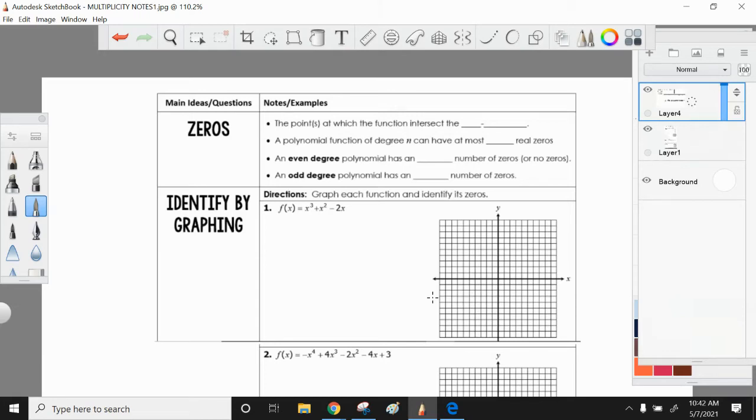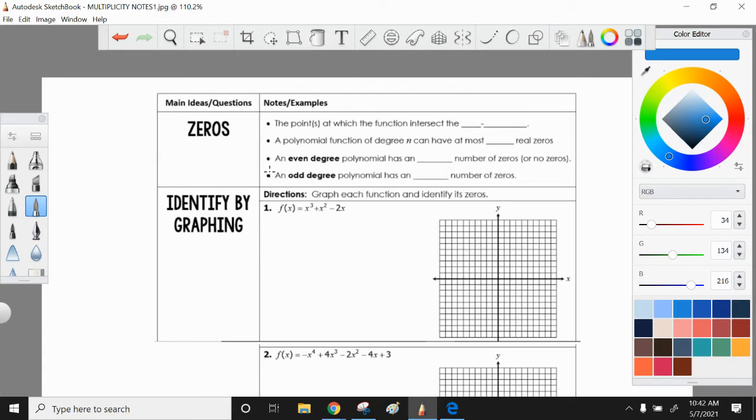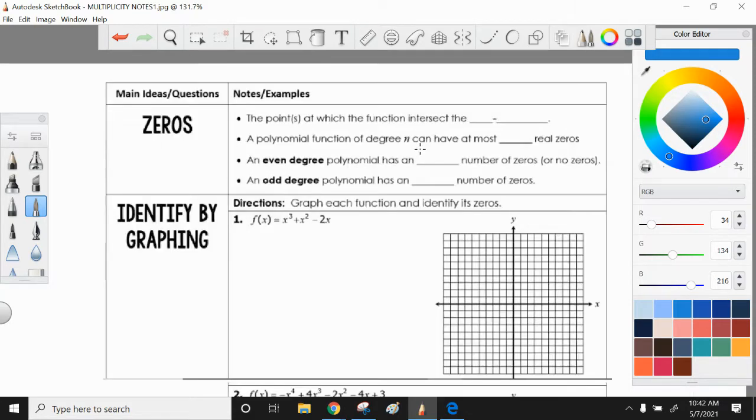Hey, what's going on? We're working through a little bit of notes today on zeros and multiplicity. Should be a really short video. Zeros is a concept you guys already understand, and multiplicity is a new one, but it's pretty straightforward. So one thing we're going to talk about is how zeros relate to your even and odd degree